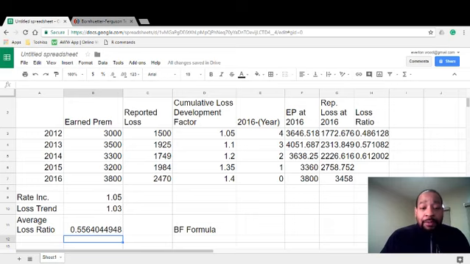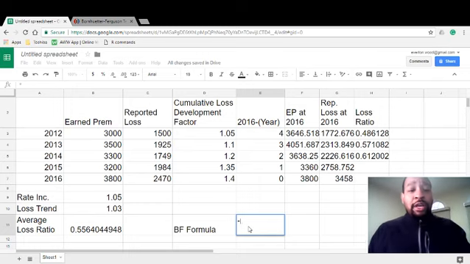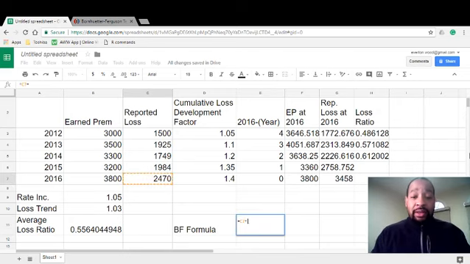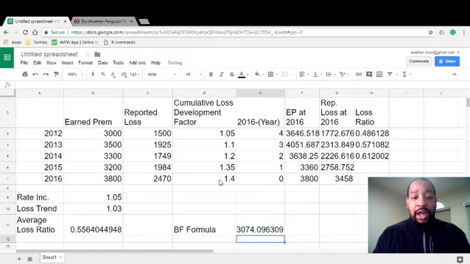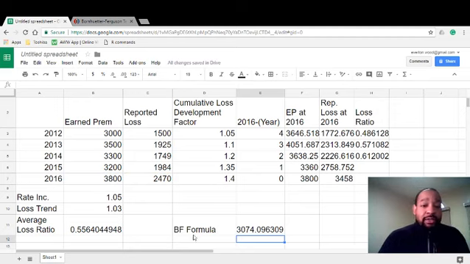So the BF is the Bornhuetter-Ferguson formula. If you know it, which you should, it's one of those things you're just going to have to memorize. It's going to be the reported loss for the year that we're looking at, which is this number. Then we're going to add the average loss ratio for the target years, times this earned premium, times, and then bracket, 1 minus 1 divided by the cumulative loss development factor. And close the bracket, and we get a final answer, 3,074.096. All right. So if you look at the answer key, you will find that this is the proper answer,